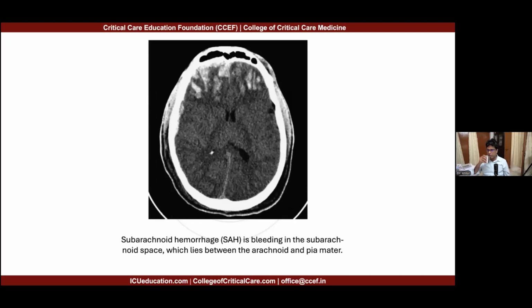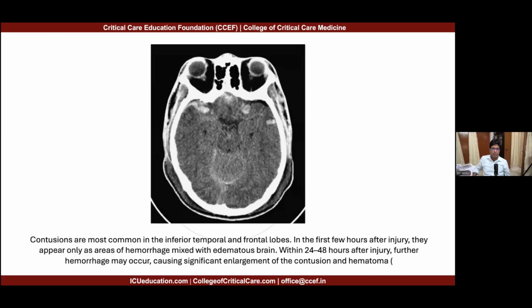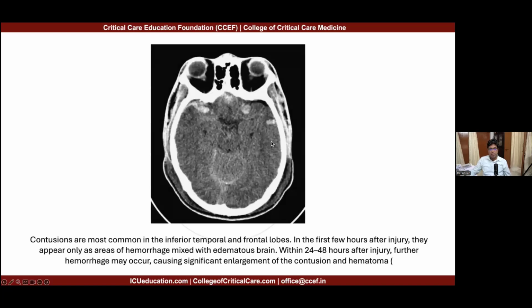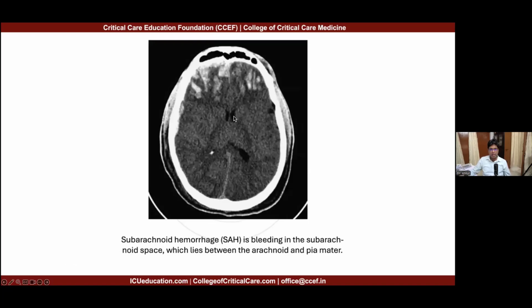Now, the third is, I think I have put a wrong picture. It looks like more of contusions rather than SAH. So, my bad. So, not a classical image of subarachnoid hemorrhage, but subarachnoid hemorrhage happens in the subarachnoid space, and